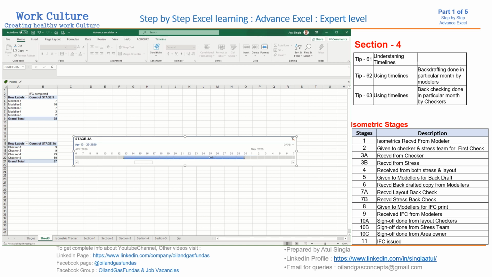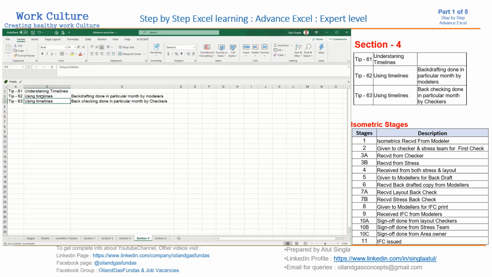Okay, in a particular week you want to see, you can select the days specifically, you can see like this. So the timeline is very useful. You can go for even day wise, week wise, month wise. You can select a particular week if you want to check. So this way we can check how many sheets were checked, at which stage, by whom. So this way we can use the timeline. So this was all about the timeline section.